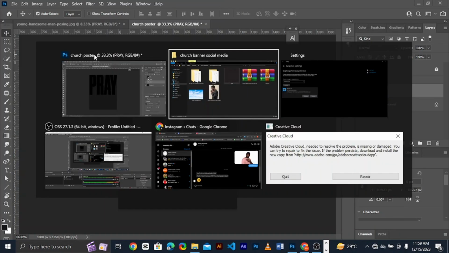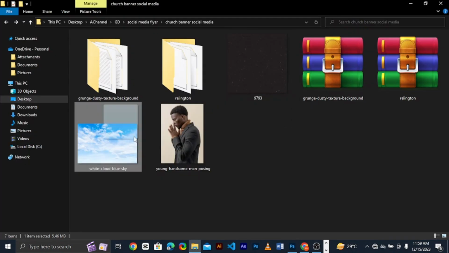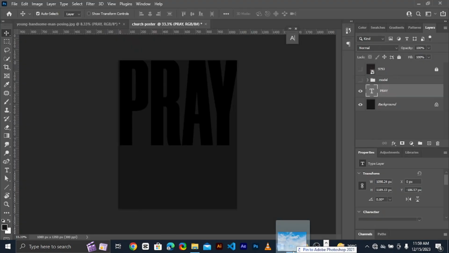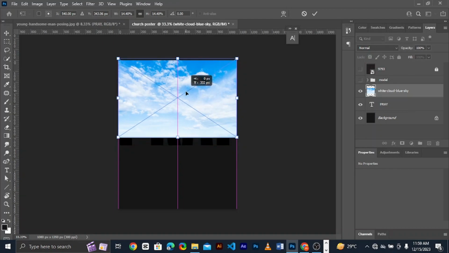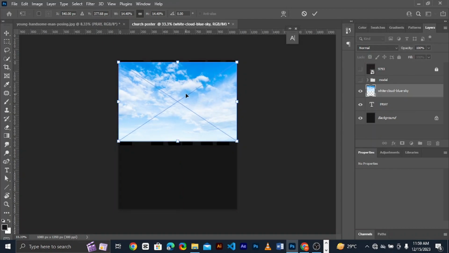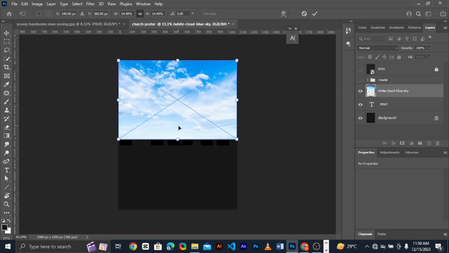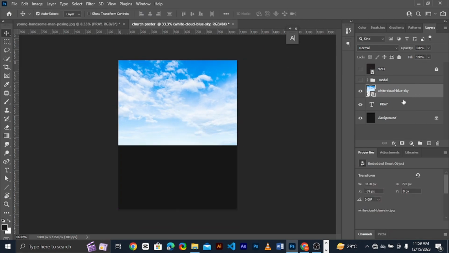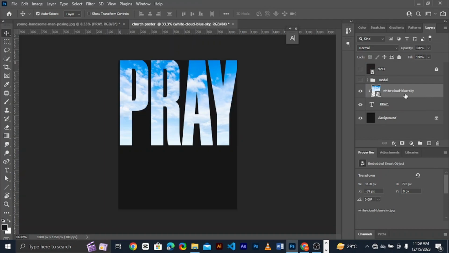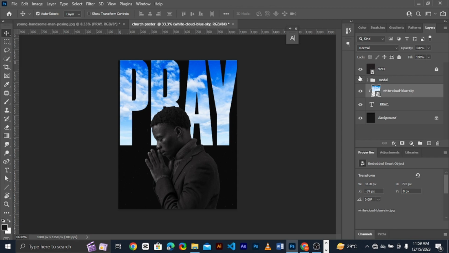And I'm going to import one last thing. Let's say an image of cloud. I'm going to get a sky rather. So drag it over here. And while holding Alt, come between these two layers and click on it so it creates a clipping mask. And when you have this,